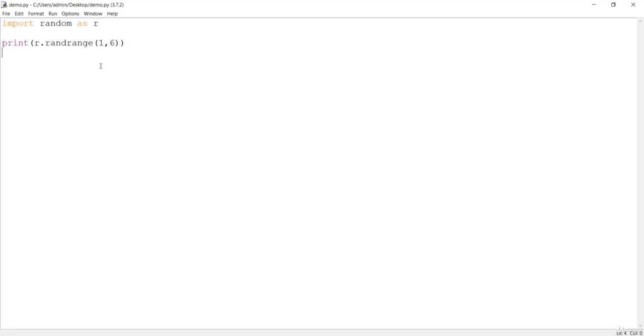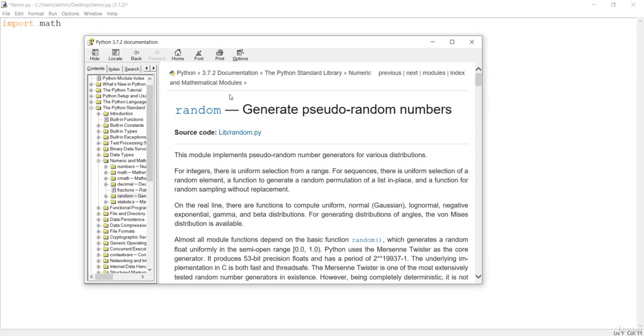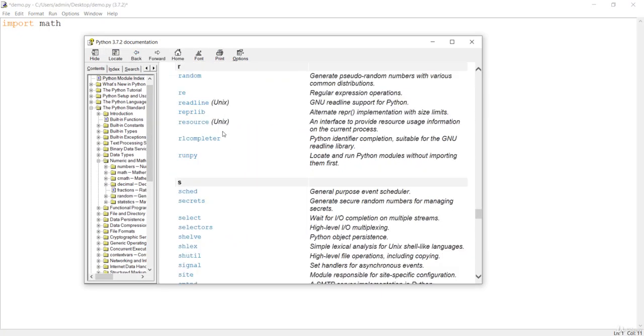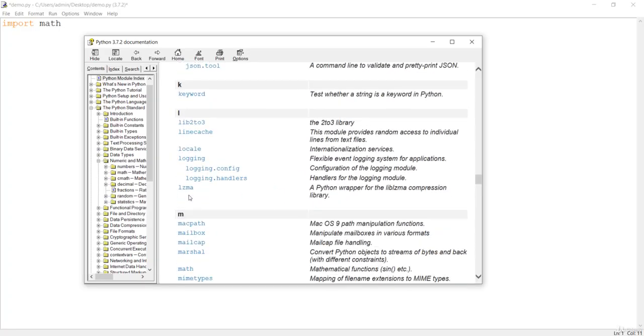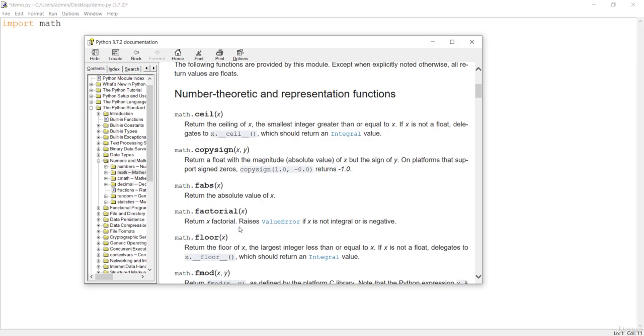You can also import your math module. So what if I say import math, which is over here. Let's go to the documentation and look at the math module. It should be over here, and you can now make use of all of these functions.